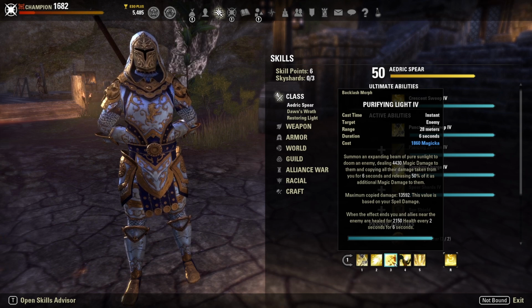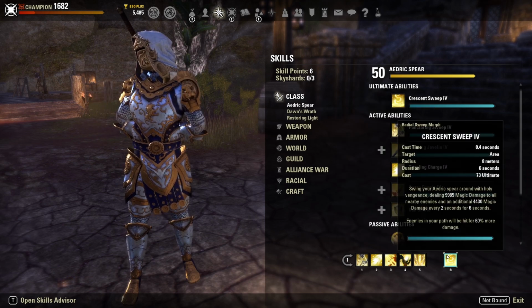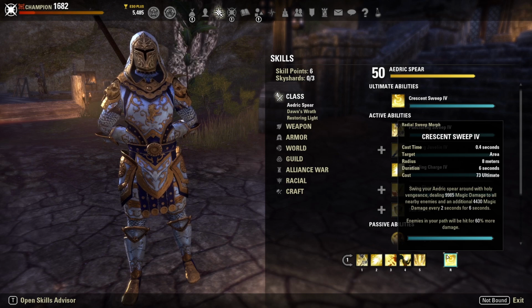This is going to be a very, very high tooltip. And then we also do get healed when this ends. So we put up Purifying Light. We go into Crescent Sweep, which is the burst ultimate of the build, basically where we swipe our spear with